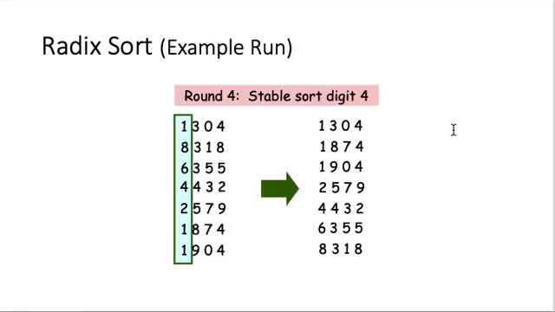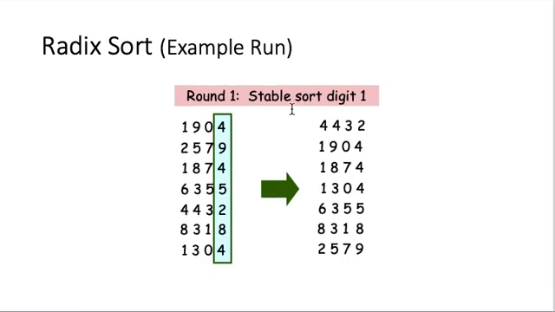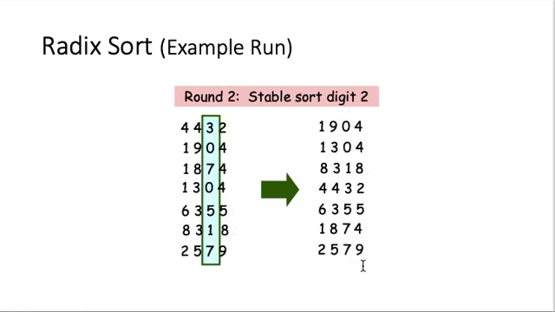So what does that mean? After one round, if we just focus on the last digit, forget about the previous numbers, we just have 2, 4, 4, 4, 5, 8, 9. So these numbers are sorted. After 2 rounds, we will focus on only the last 2 digits. So we will have 4, 4, 18, 32, 55, 74, and 79. Ignore the other digits, then we will see that if we just focus on the last 2 digits, these numbers